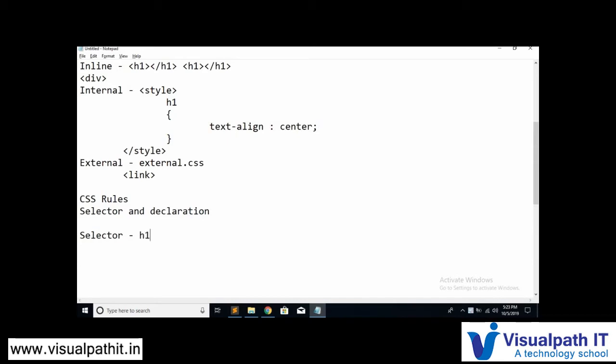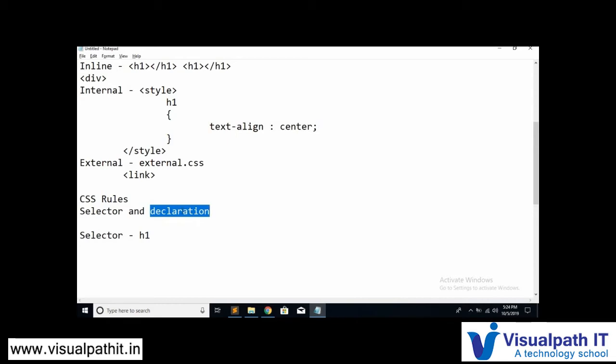So let's take the example of h1. So here the selector is the h1 tag or the element. So basically, what is an element? An element is something which has an opening tag, a closing tag, and some content between these both, that is the opening and the closing tag. So that is the element. So here let's take the element or the selector as the H1, and the declaration block contains one or more declarations separated by semicolons.